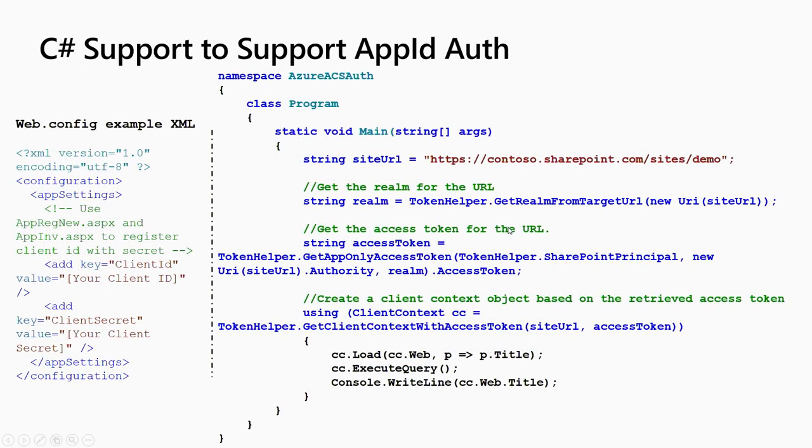So how do you get your code to connect to SharePoint Online? This is it. I put it in here for you to refer to later. This is how you do it using the modern auth with the app ID and secret. And then your XML is how you would put the code in to make sure that your app ID and